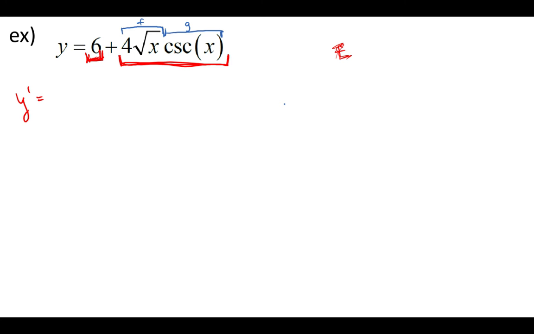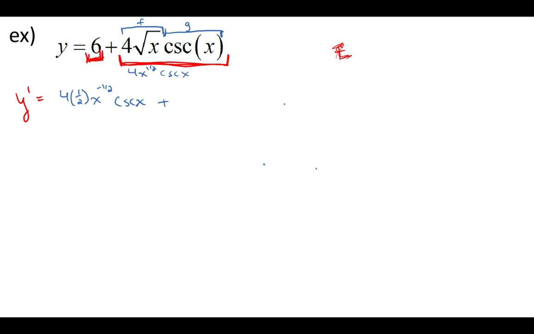If you wanted to, you can just pull the 4 out and then do your product rule from there. But again, I like to just sort of keep it incorporated with that first variable. So I'll show you how to do that as well after. All right, so the derivative of the first part, it's f prime times g plus f g prime. I would also maybe write this as 4x to the 1/2, just sort of rewrite that before you do it. And then we want to convert it back to our root form there. So it's going to be 4 times 1/2. I'll just write out everything here. 4 times 1/2 x to the negative 1/2 because we subtract 1 from the power. So that's f prime, and then it's times g, so cosecant x